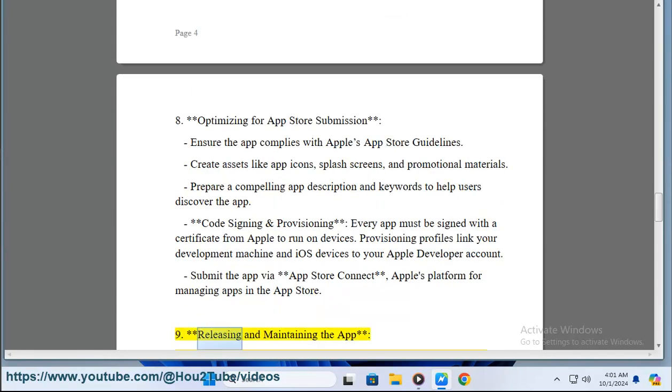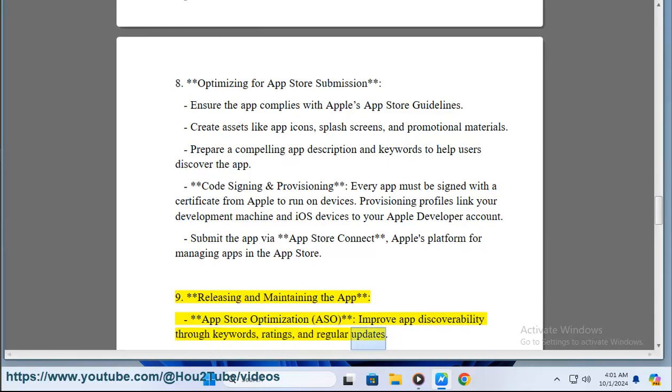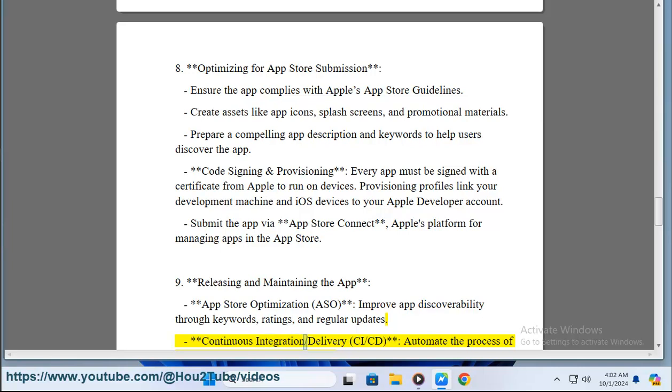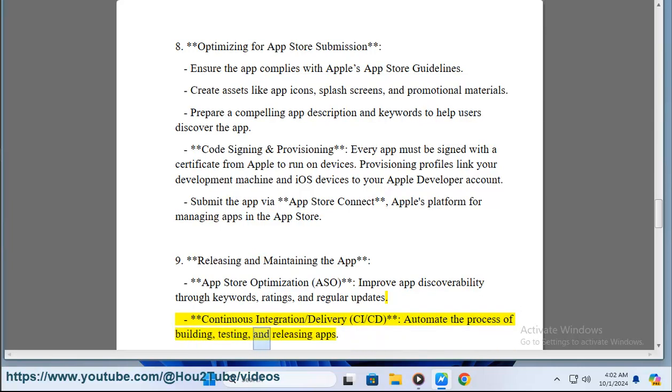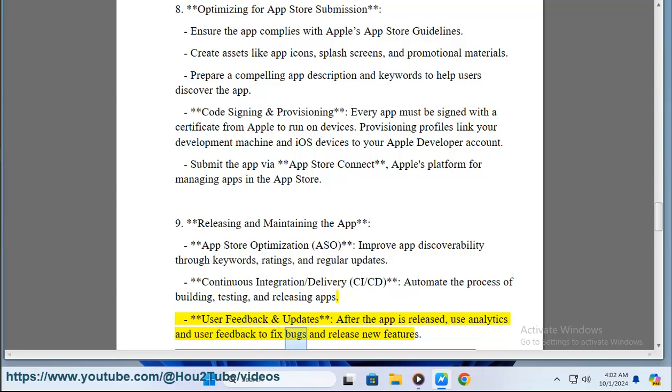9. Releasing and maintaining the app. App Store optimization, ASO: improve app discoverability through keywords, ratings, and regular updates. Continuous integration/delivery, CI/CD: automate the process of building, testing, and releasing apps. User feedback and updates: after the app is released, use analytics and user feedback to fix bugs and release new